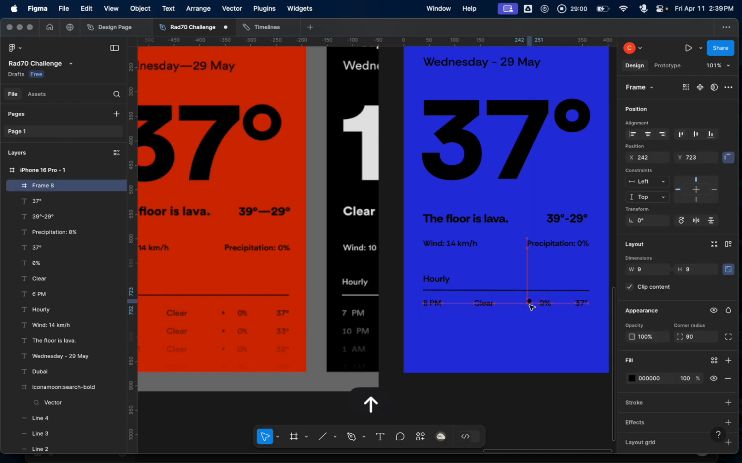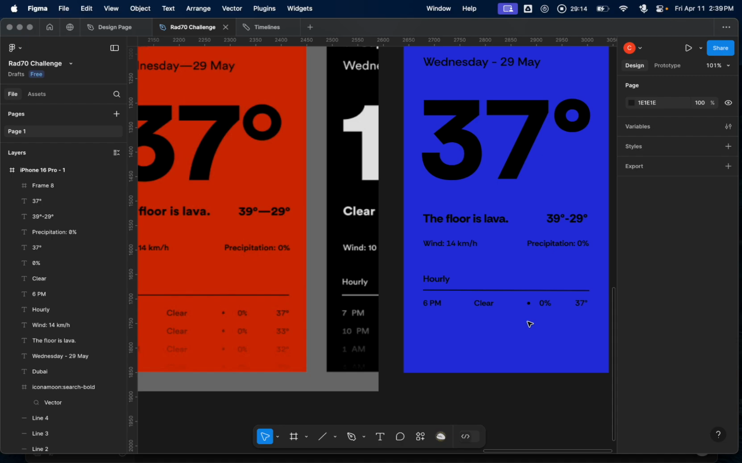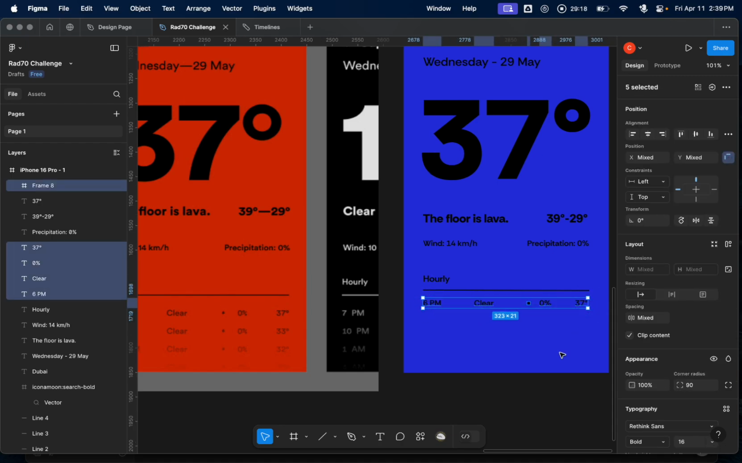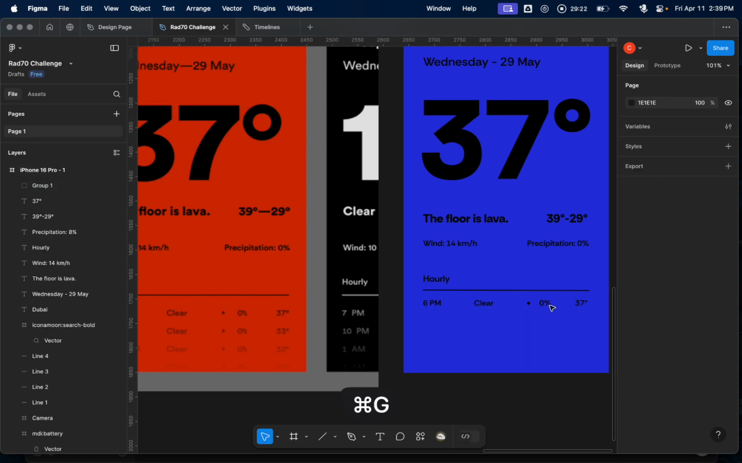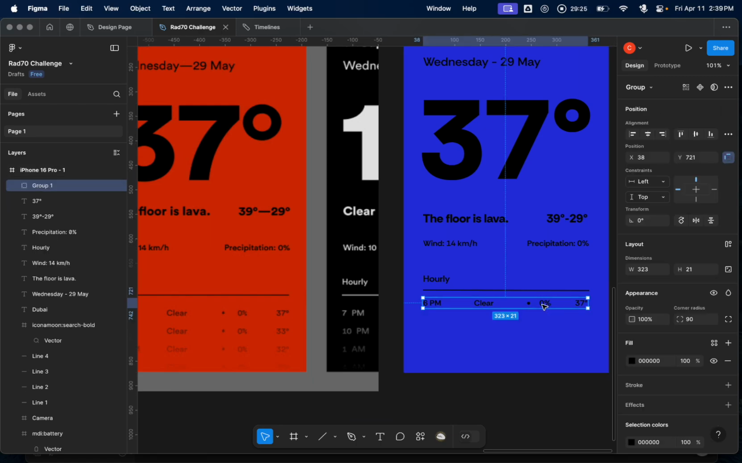Okay, and then get this lined up with those guys, not like that. I think this actually needs to be even smaller. There we go. That looks a little closer to it. So here's what I'm going to do now. I'm going to take all of these and group them together. Control G. And